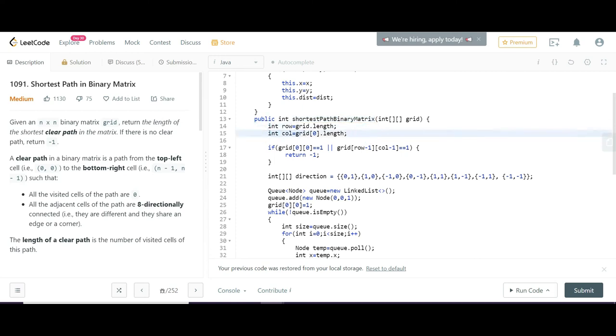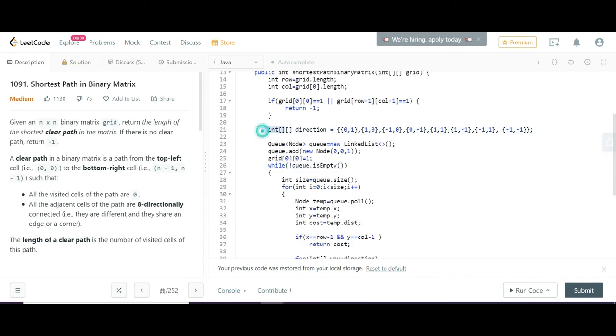Then if the source, which is 0, 0, or the destination, which is the furthest corner, is already 1 in any of them, then we have to return -1, meaning the result is not possible. Then you have to define a 2D array as direction, what I explained just now. Then you have to define one queue, and initially in that queue I put the first element, the 0, 0 element, with the distance as 1.